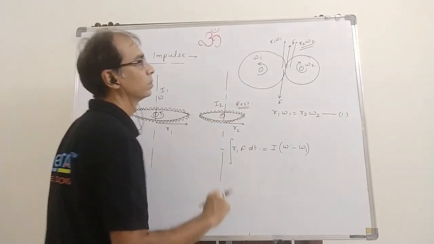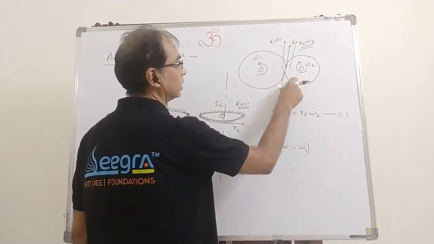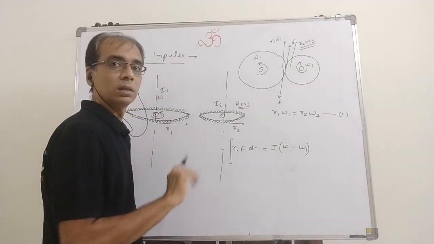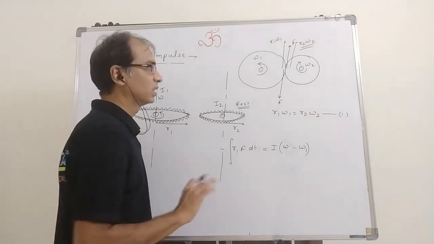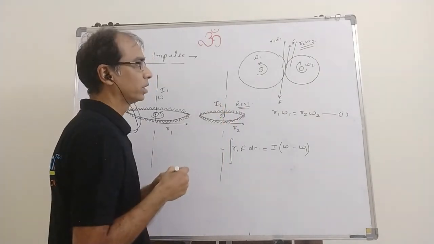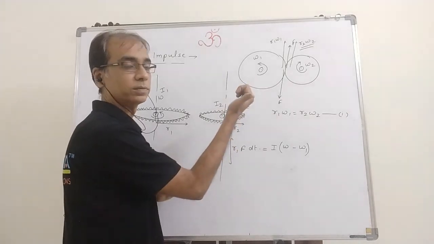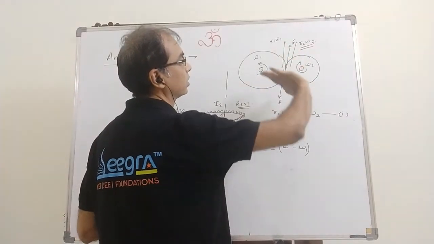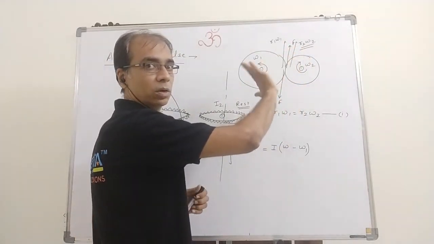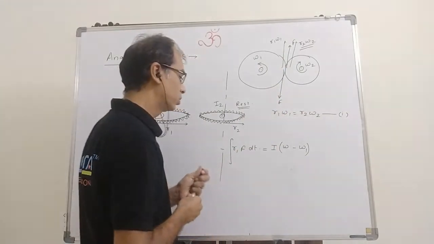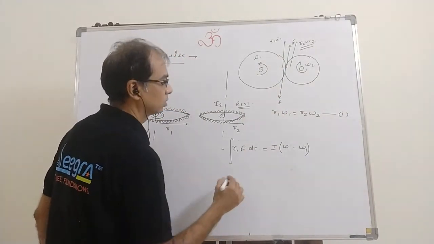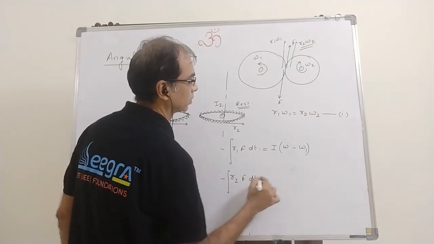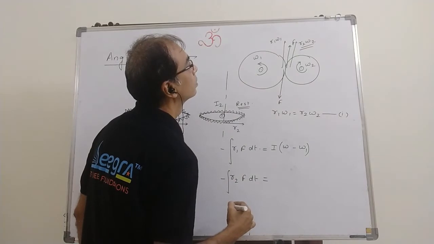For this one you see, what is in this case? Now its angular momentum is inside. What we have said already, outside we will take positive. So here in which direction? This force is there and it's trying to rotate it in clockwise direction and impulse is inside. So we'll say negative. So minus R2 F dt equal to